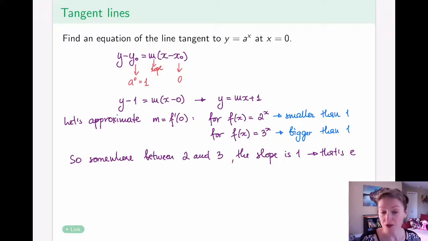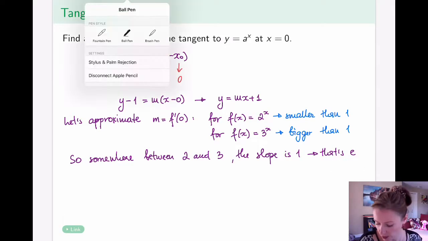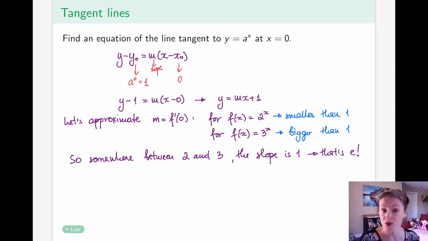So I've just summarized all of our findings on this slide here. For 2 to the power x, the slope was less than 1. For 3 to the power x, the slope was bigger than 1, which means that for some number between 2 and 3, the slope is 1. And that number is what we call e. In fact, it's such a nice number, I'm going to put an exclamation mark here. That's what e is. e is a number for which the slope of the tangent line at 0 is equal